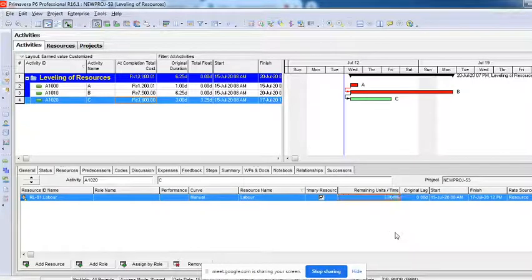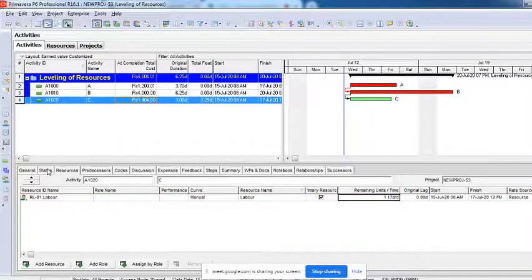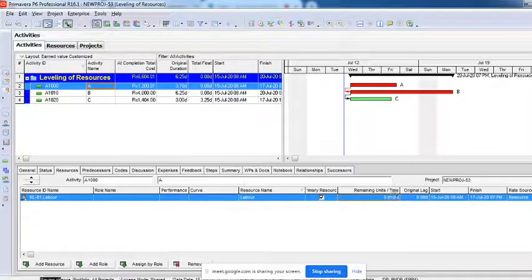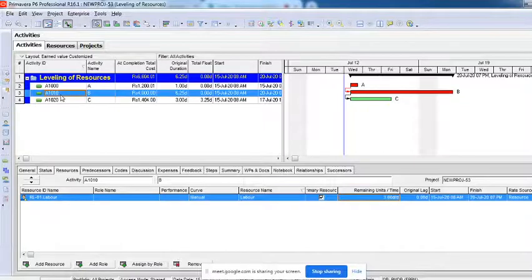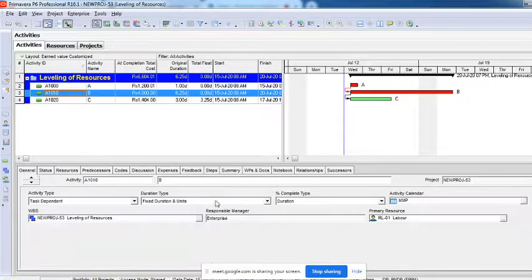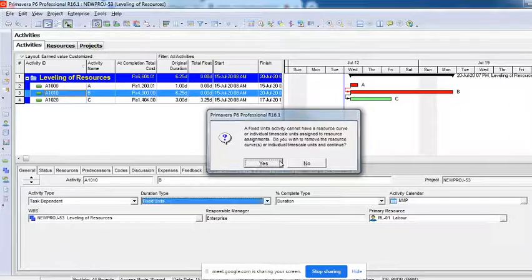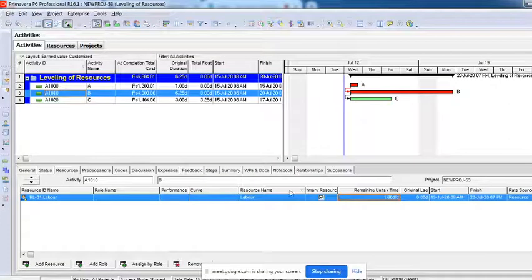Now the problem is, I just made a mistake here. I have to do this 3, but when I came to activity B, I did not make it a fixed unit, so it did not change. So I'll make it a fixed unit before I do the changes, and then I go to the resource.